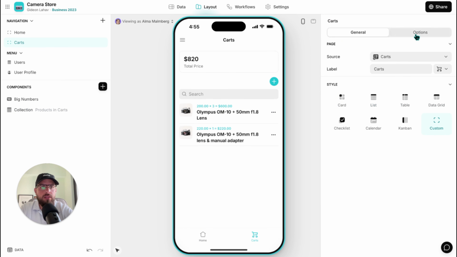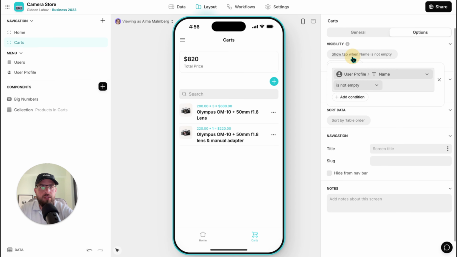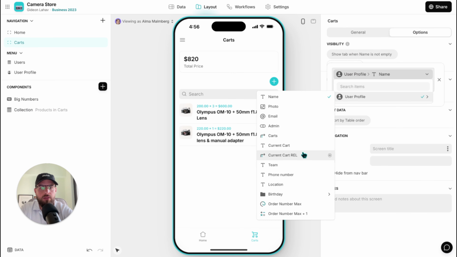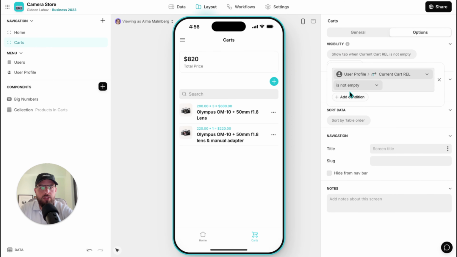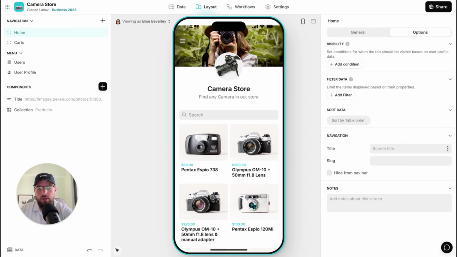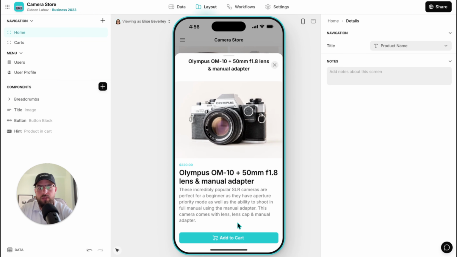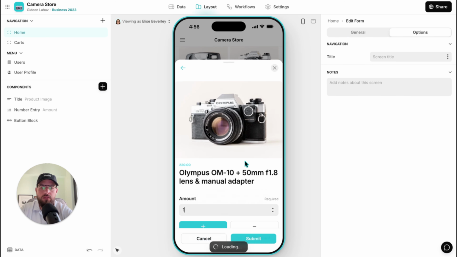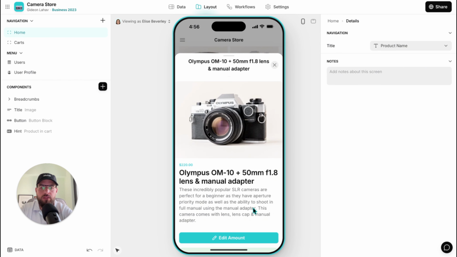And in the card itself, I want to play with the visibility that current cart relation is not empty. Meaning if I don't have any items, I don't see the cart page, but as soon as I add to cart and I submit it,